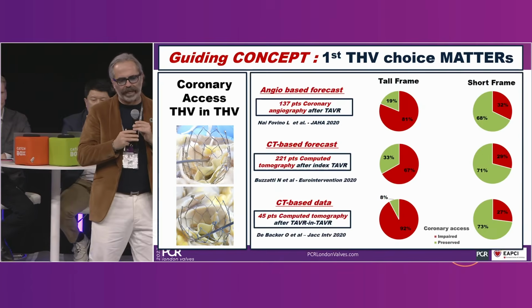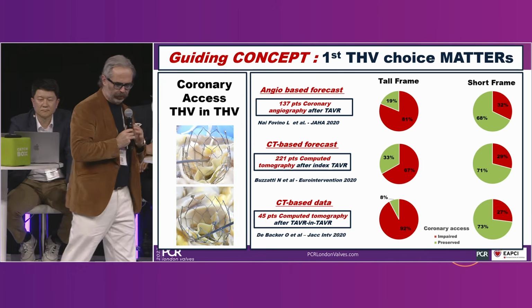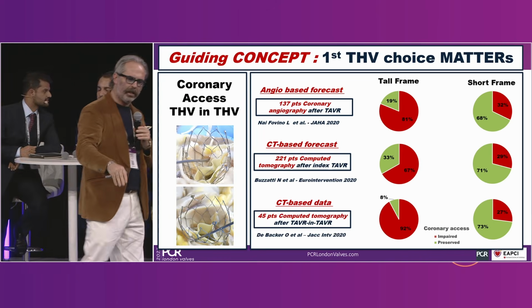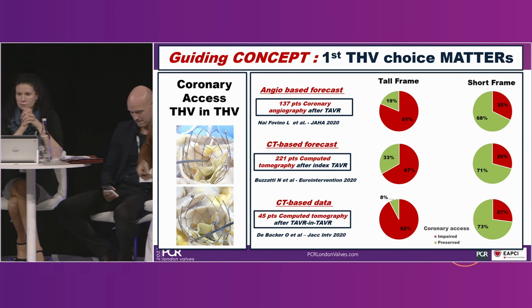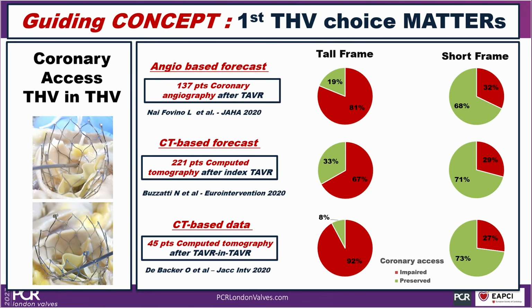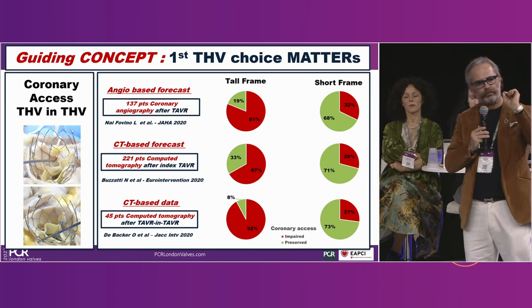So looking at the science around these points, we have 3 different papers, 3 different groups. The first one is from Padua, then we have New York, and the last one is Ole. And here you can see pretty much consistently that a tall frame valve in 2/3 of cases may create some problem in terms of coronary access. We're talking just about coronary. We're not talking about pacemaker, gradient, patient prosthesis, etc. The focus is just coronary.